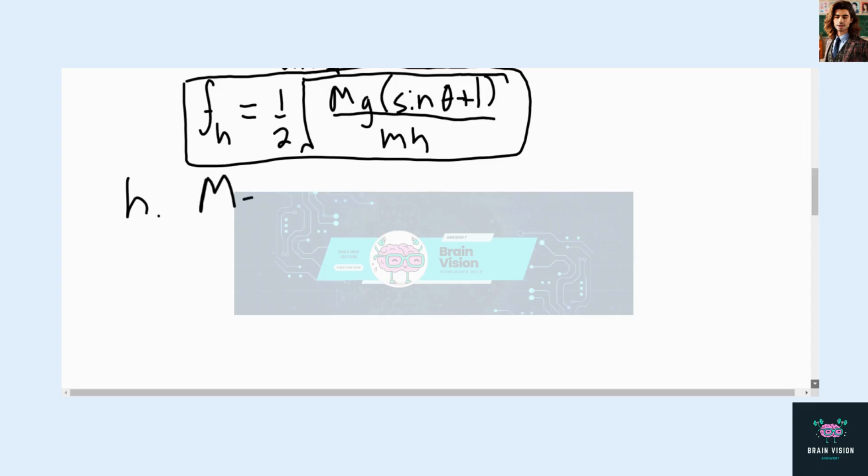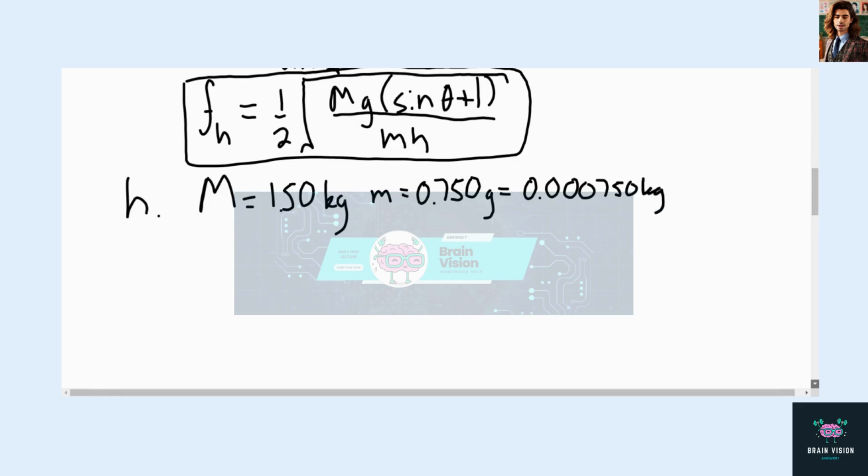So big M is equal to 1.50 kilograms. Little m is equal to 0.750 grams, which is, of course, 0.000750 kilograms. And then h is 0.500 meters. And theta is 30.0 degrees. And so what we do is we just plug in all of these values for the variables